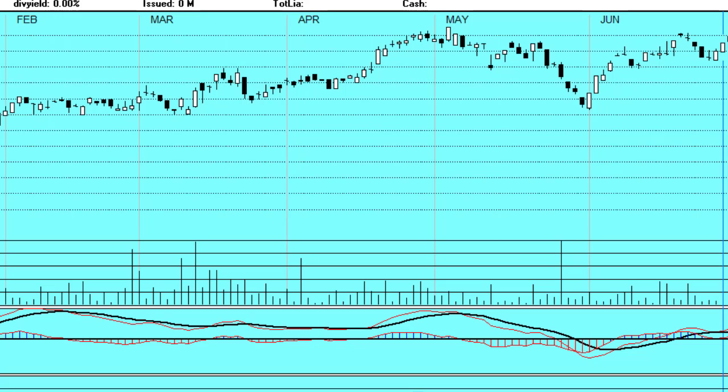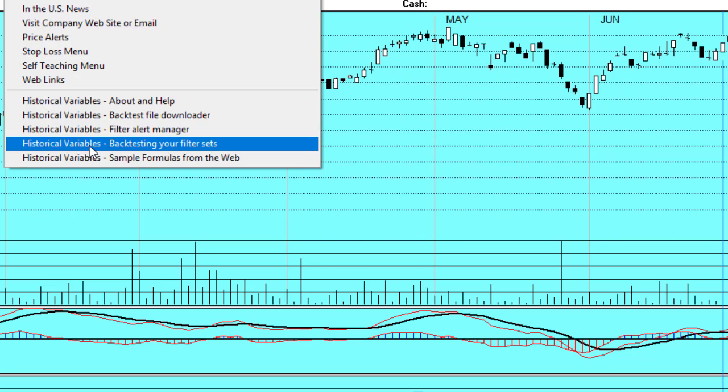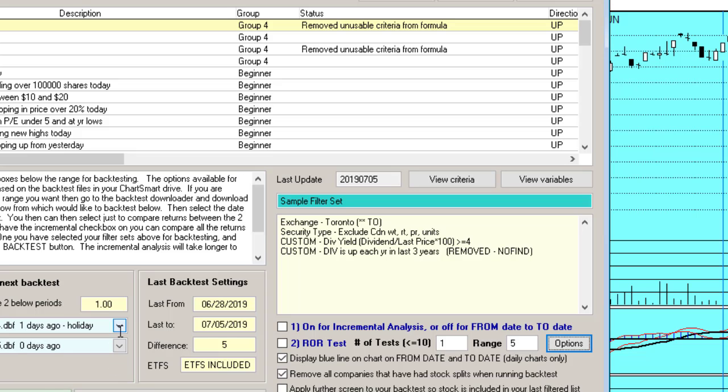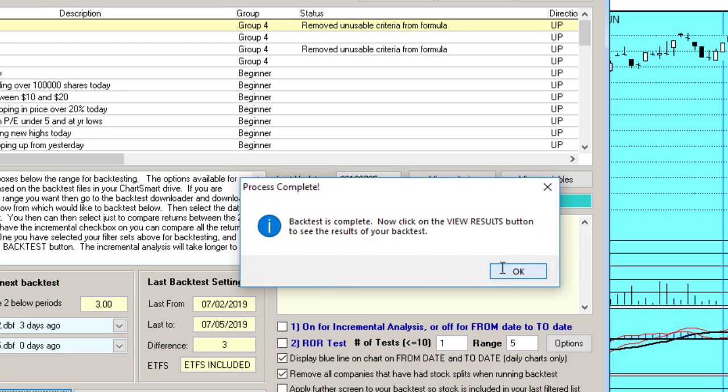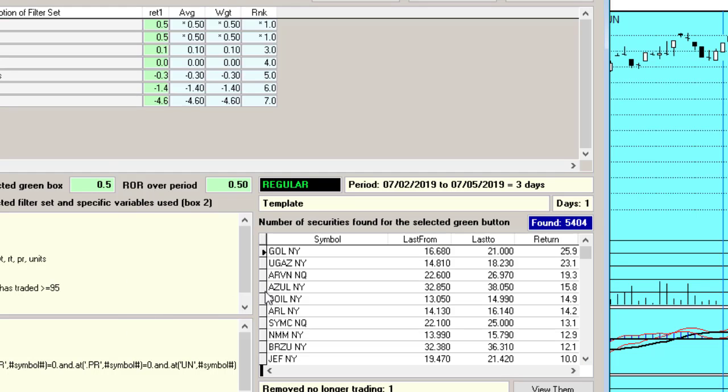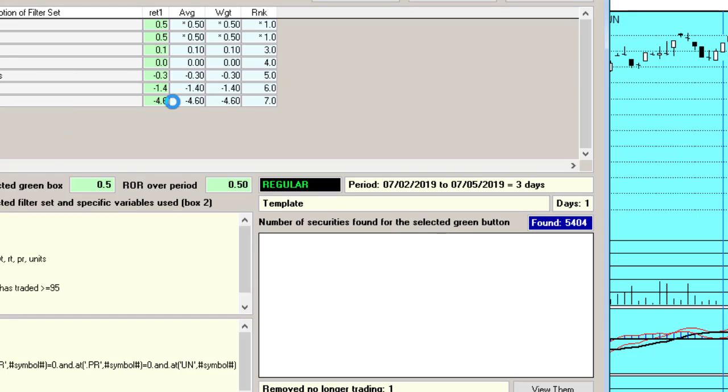I'm just going to go back here again and do this again. Backtesting your filter sets. We're going to go back, say, 3 days ago, and we're going to run it, and there we go. I'm going to go view results, and in this case we've got 3 white soldiers right here,